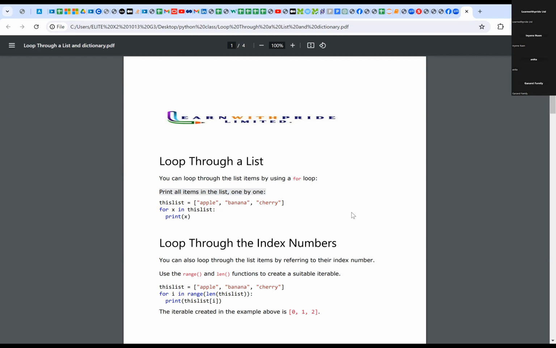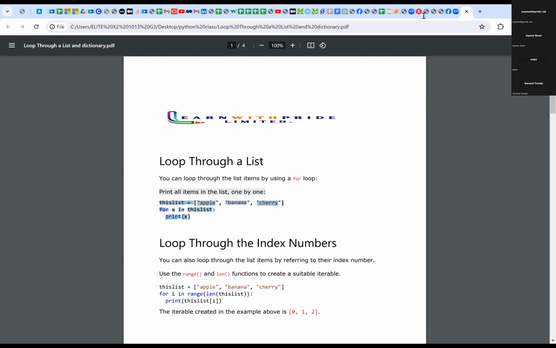I would prefer you concentrate on the for loop. It is very simple, as easy as ABC. You can study the while loop later. It's good you know both, but the for loop is very straightforward. So you can use a for loop or you can use a while loop. This is an example of a for loop